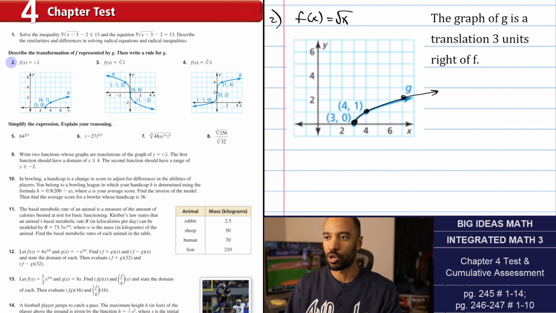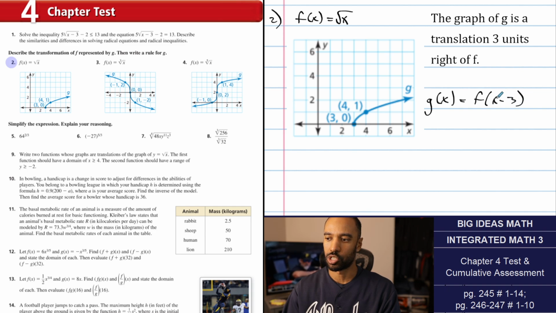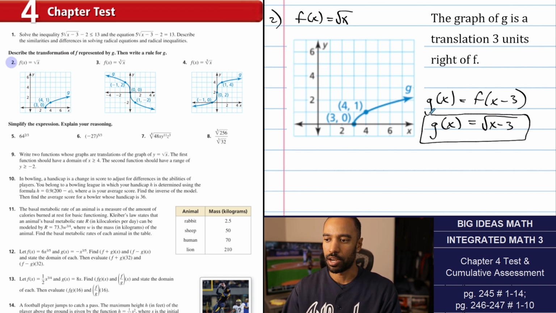Now, as far as that equation goes, it's just going to be an x minus 3 that's inside of the function. The first time I'll write it will be like f of x minus 3, like that. That's how the translation to the right goes. So g of x will equal the square root of x minus 3. There's nothing else that's going on, no stretches, no reflections, only horizontal translation. Number 3,